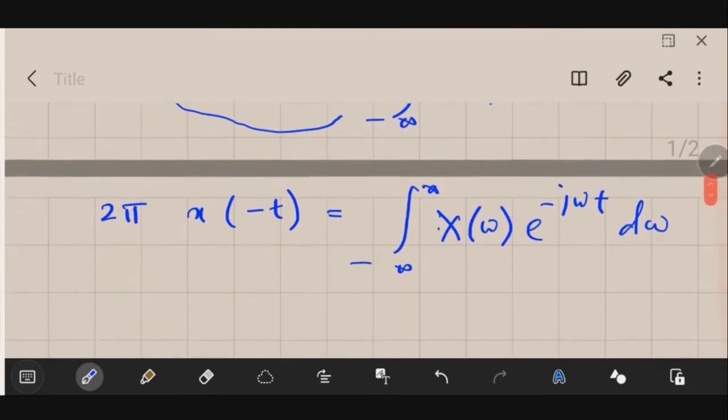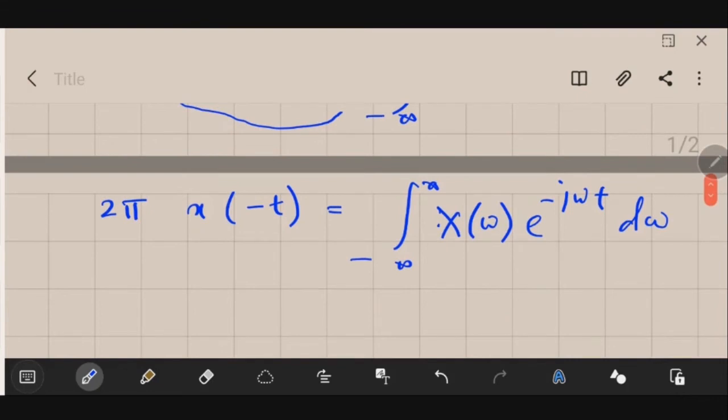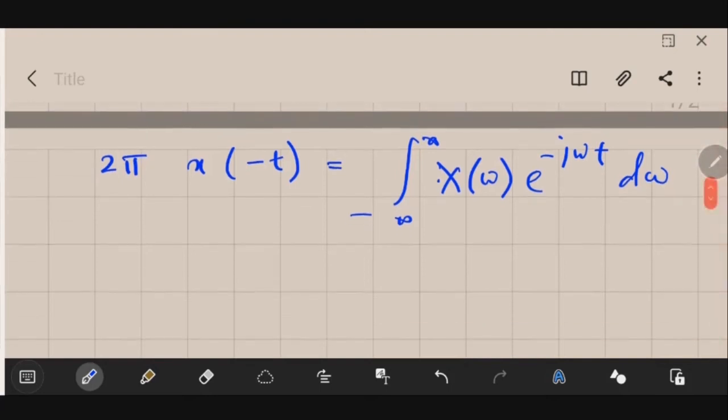Now see, as you have seen in the property, what we were actually doing was interchanging the variables. Initially it was capital X of omega. Then we tried to find out the Fourier transform of that. I mean, we replaced that omega with t, and then we tried to find the Fourier transform, and that's how the property works. So here also we will be interchanging basically the variables t and omega. So let us do that. Since they are just dummy variables, we could just interchange them.